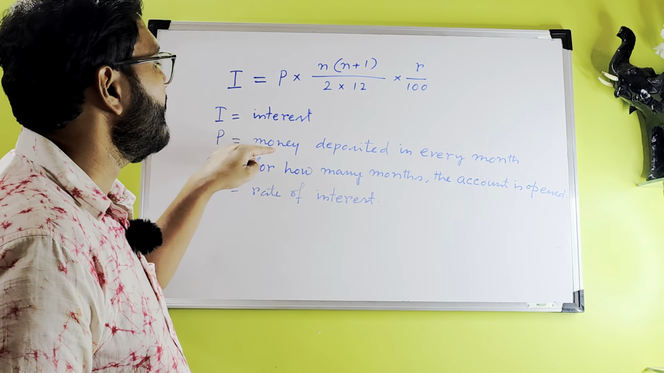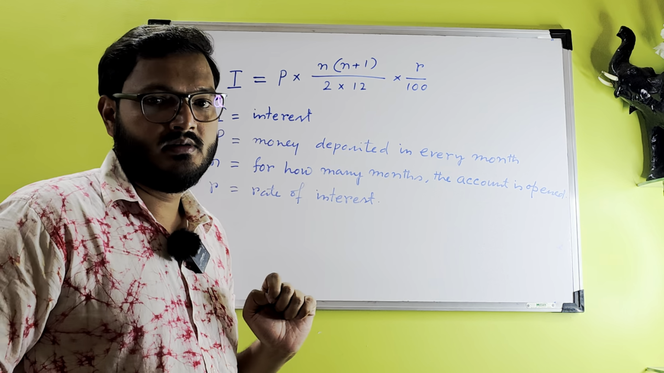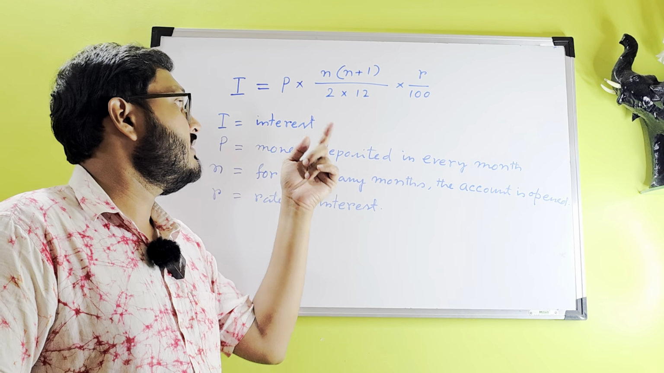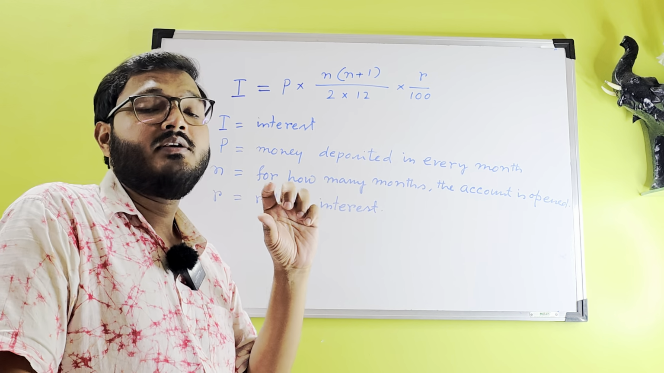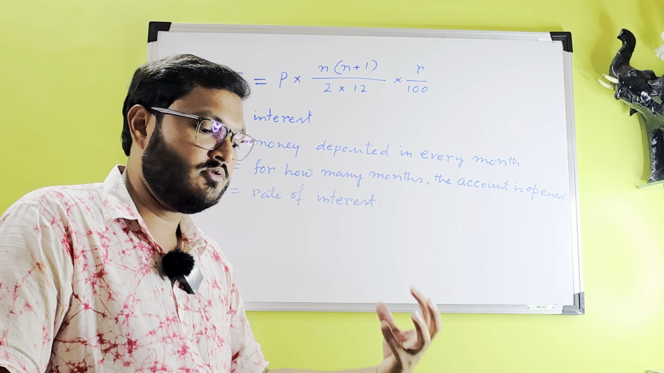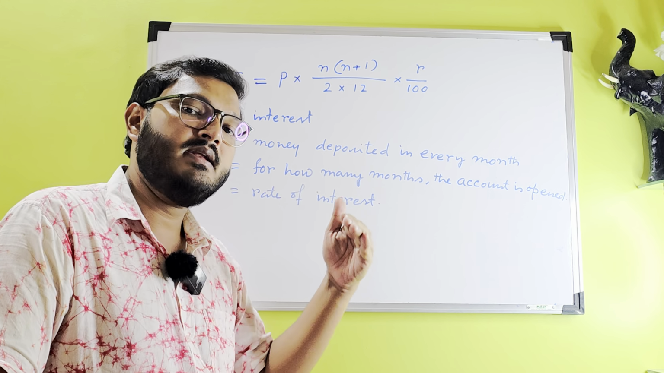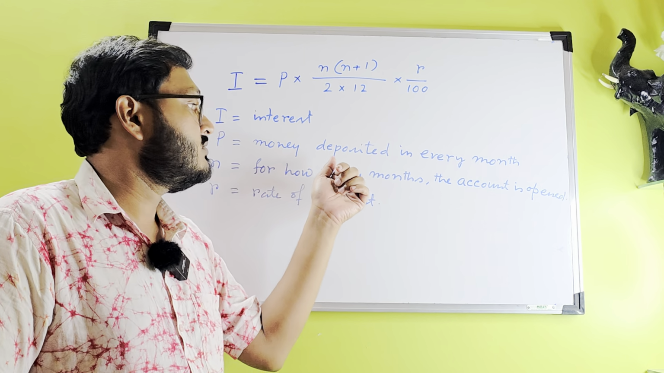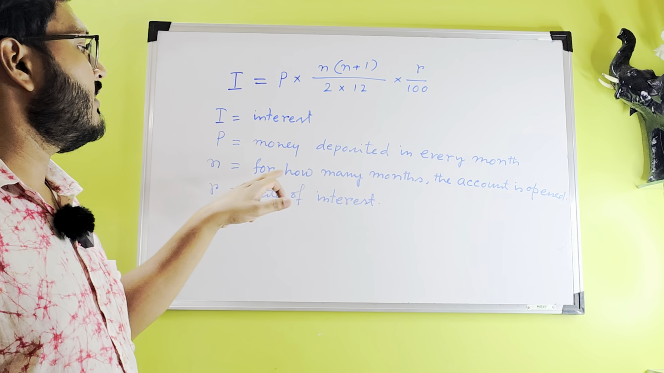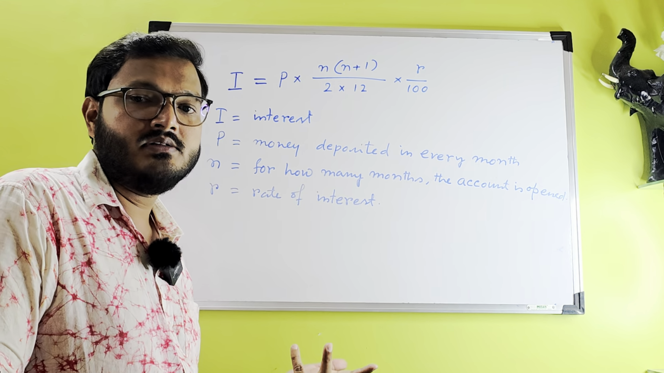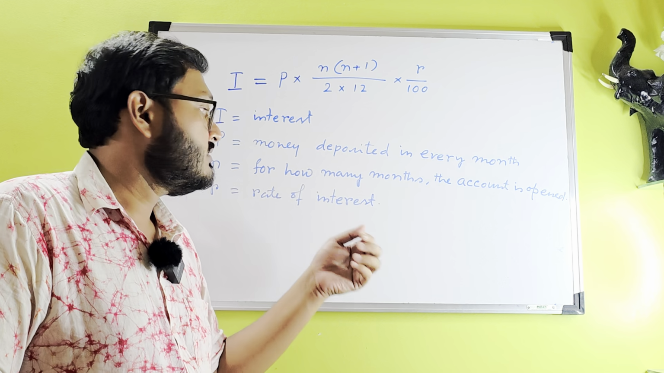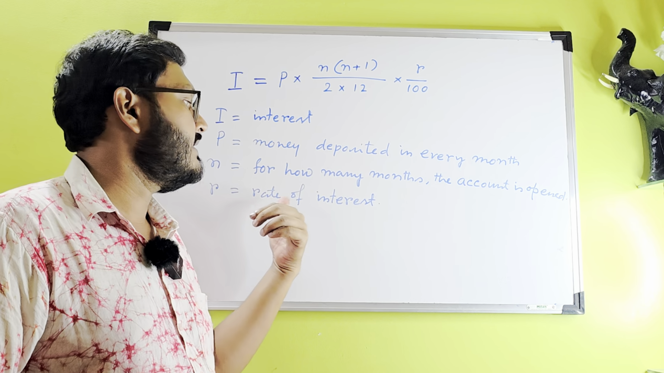And P is the money deposited in every month, like an installment. In that example I told you, 1000 rupees for 24 months. So I have to deposit 1000 rupees every month, and that 1000 rupees is the P. And n is for how many months you keep the recurring deposit account open. And r is the